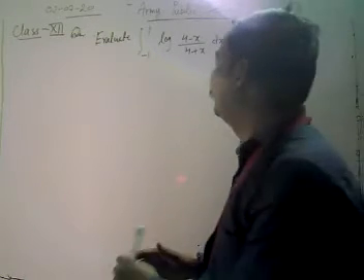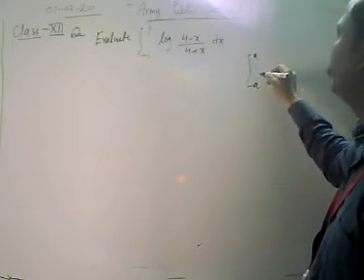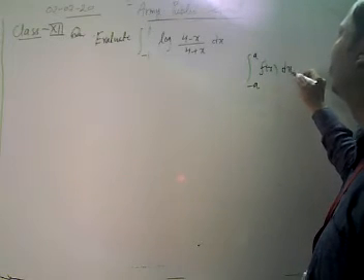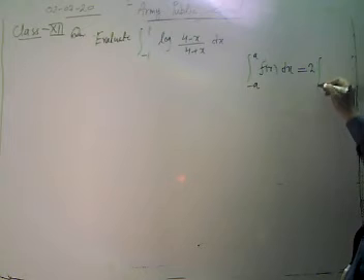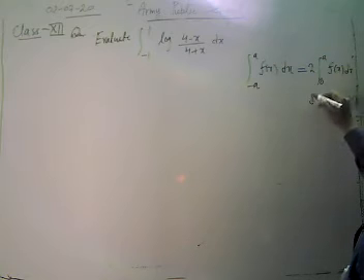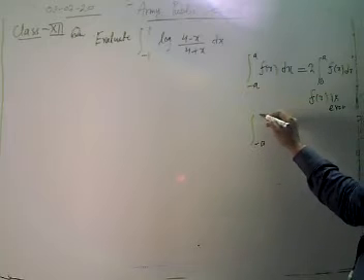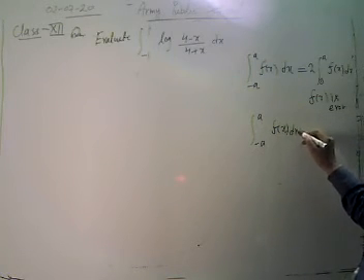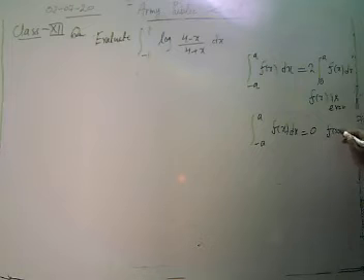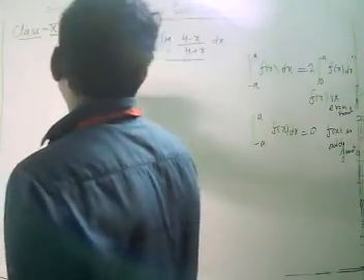Now first of all we are going to find out about our given function, since we have the property: the integral from minus a to a of f(x) dx is equal to 2 times the integral from 0 to a of f(x) dx when our f(x) is even. Remember that. And the integral from minus a to a of f(x) dx is 0 when our f(x) is an odd function. Now we start to check whether our function is even or odd.